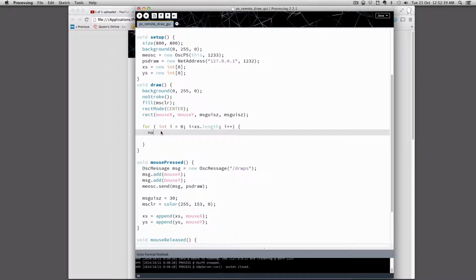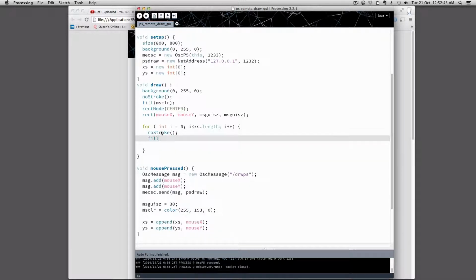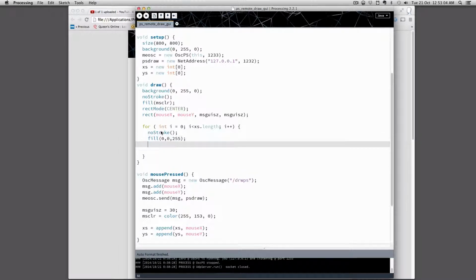So we're going to have no stroke, and then we're going to have fill, and well, we can just make these black as well, or any color really. Let's pick a different color. Let's make them blue. How about that? Okay, and that's fine. And then we're going to draw an ellipse, and this is going to be at